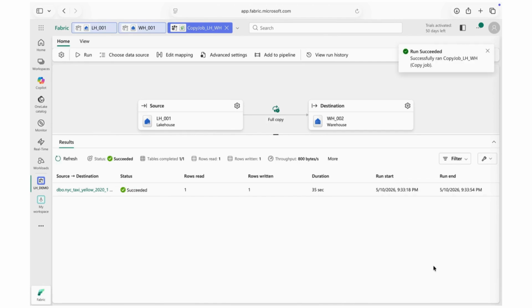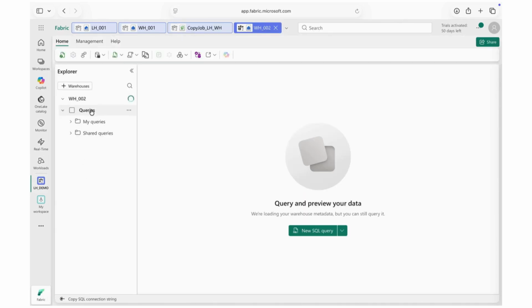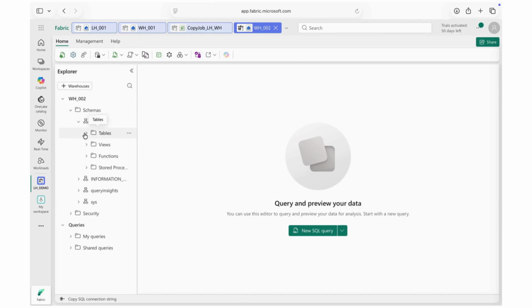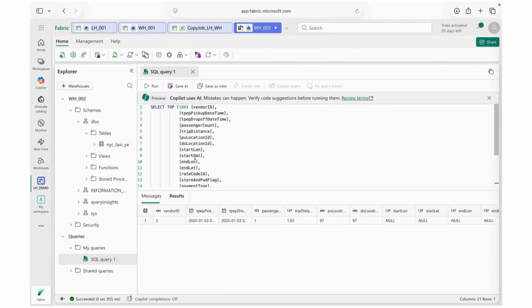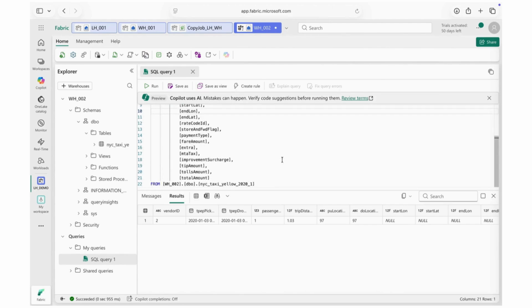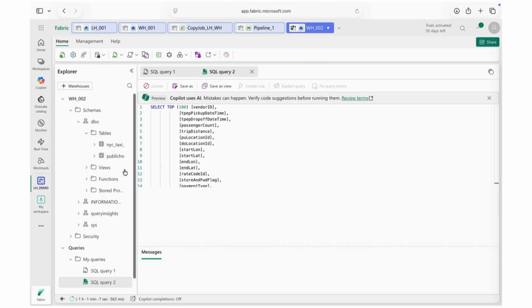When using SCD Type 2 with CDC replication, changes are preserved as versioned rows with effective dating, and deletes are handled as soft deletes. Copy job can automatically create tables in the destination if they don't already exist. If the destination tables are already available, you can simply select them as your target. With flexible column mapping options, you can easily define how to map schemas from the source tables to the destination tables. You can also optionally truncate destination data before the full load, ensuring the source and destination are fully synchronized